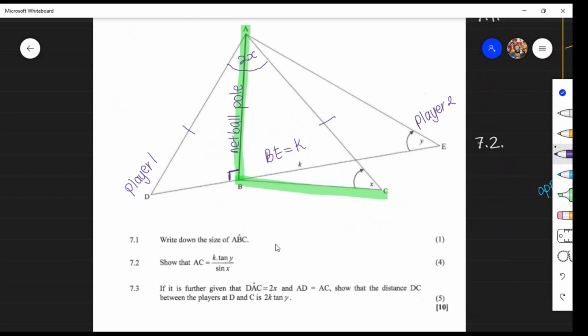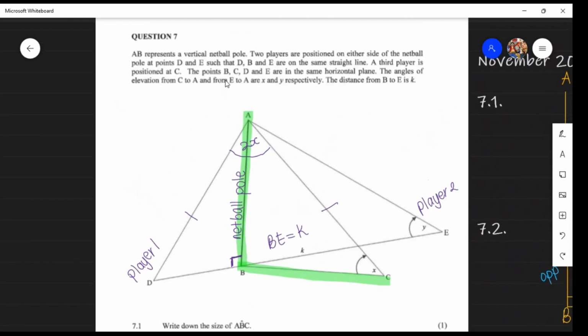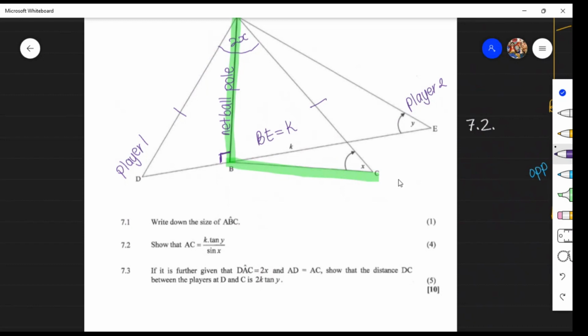Show that the distance DC between the players at D and C is 2k tan y. So let us go back. They said the players are D and C. Let us read this quickly. A third player is positioned at C. Okay, so we have player 3 that is positioned at C. So this is going to be player